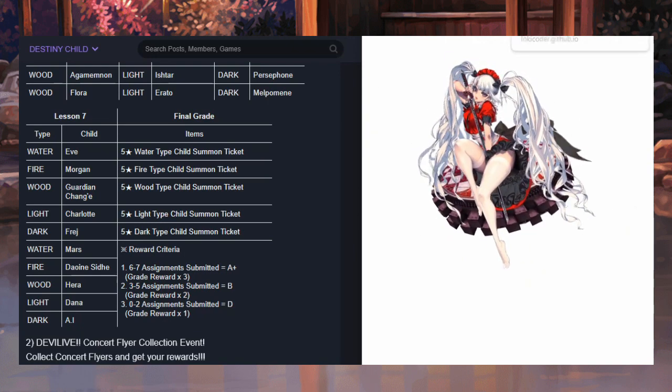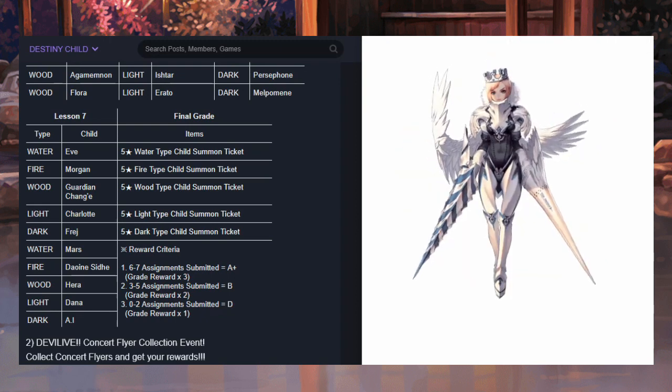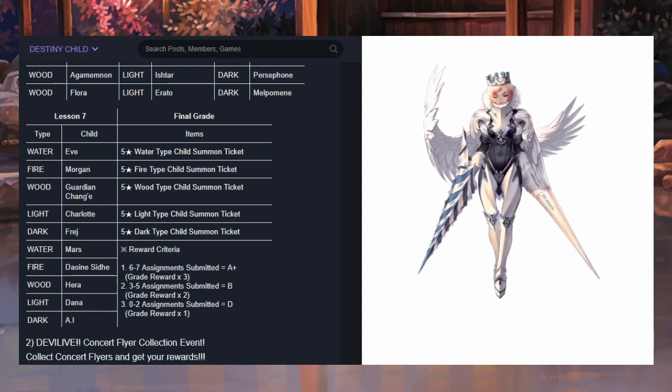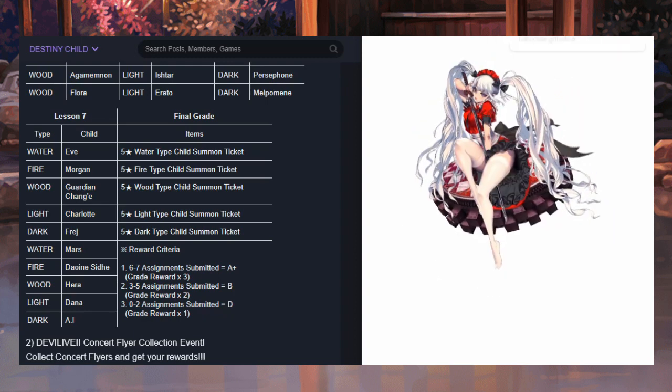To be completely honest, she is a pretty powerful fire attacker. Guardian Chang'e is alright as well. Charlotte, a little bit hit or miss. I think she was intended to counter certain defending units out there, like Dana, because she does enhance damage against shielded opponents. But at the end of the day, none of them are really meta-defining by any stretch of the